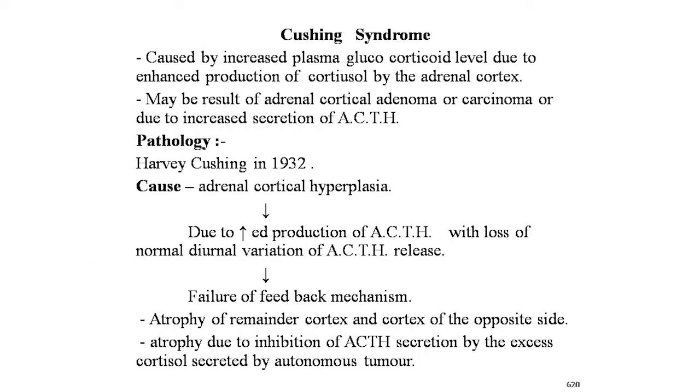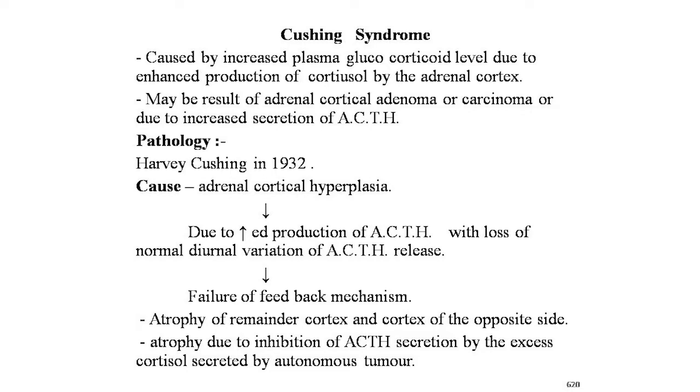Now the next point is Cushing syndrome. Cushing syndrome is caused by an increased plasma glucocorticoid level due to enhanced production of cortisol by the adrenal cortex. It may be the result of an adrenal cortical adenoma or carcinoma, or due to increased secretion of ACTH. Pathology of Cushing syndrome: Harvey Cushing in 1932 described this syndrome as caused by adrenal cortical